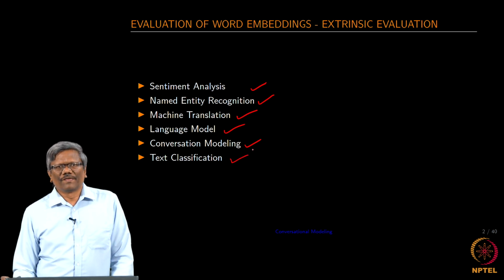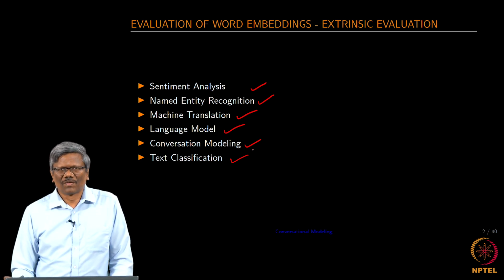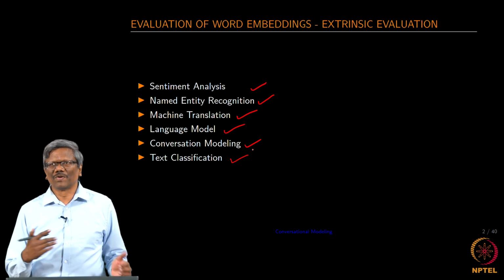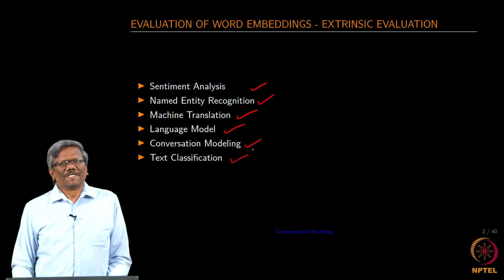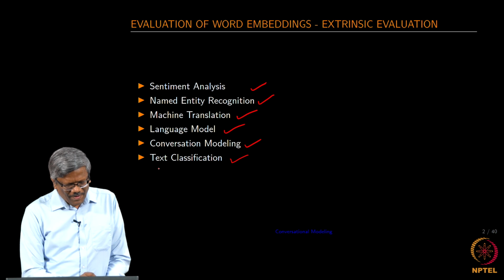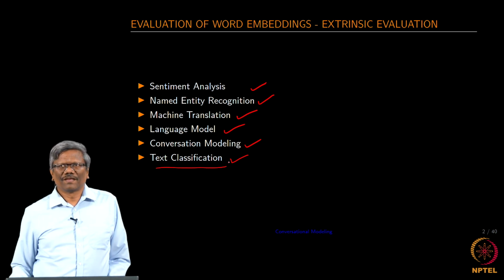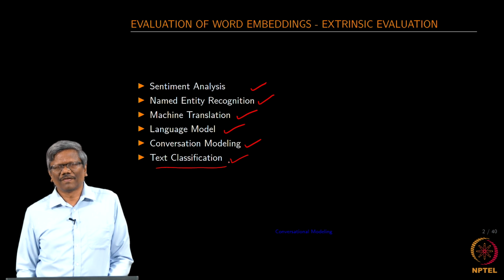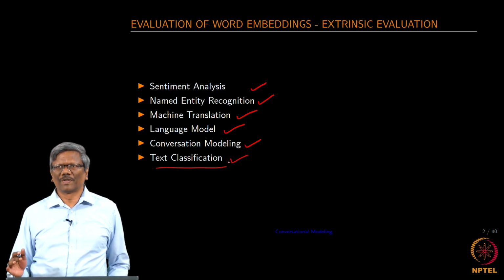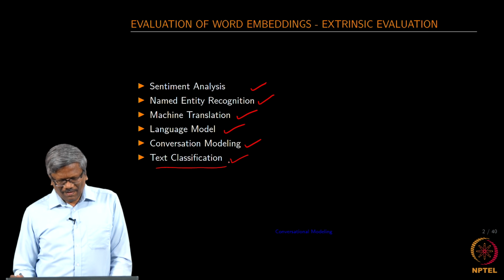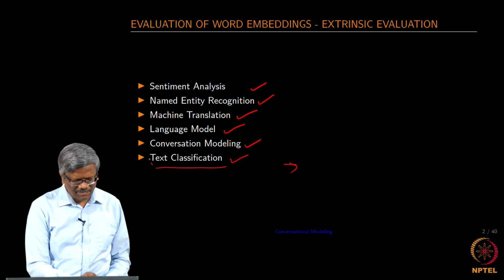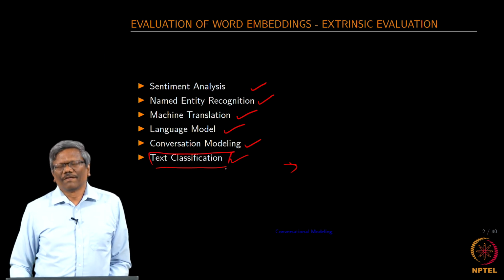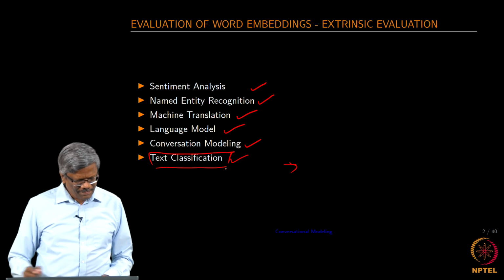I am sure you remember the classification attempt that we have made using the BBC corpus, right. So, we were not able to really get some good classification with respect to various classes that we have in the BBC corpus. So, can we use word vectors of different types and then find out whether the classification could be improved beyond a point is something that we can look at. Okay. So, using this as well, we can find the quality of the word vectors.